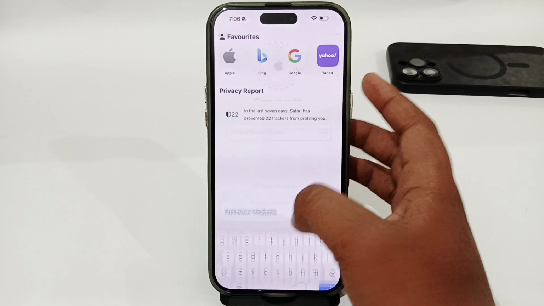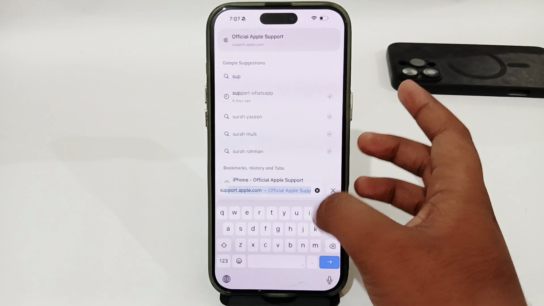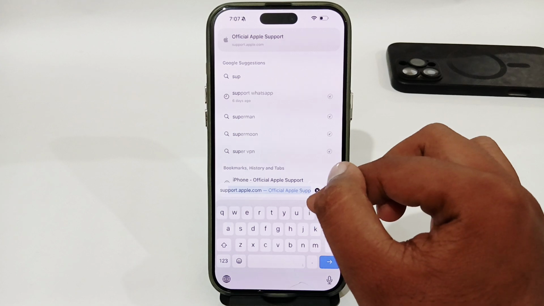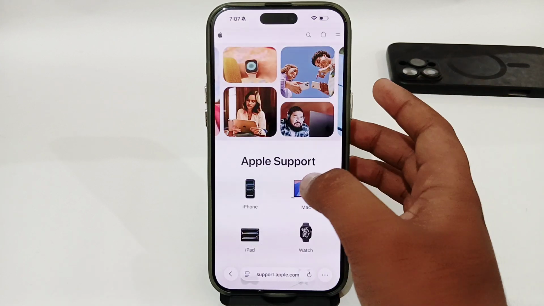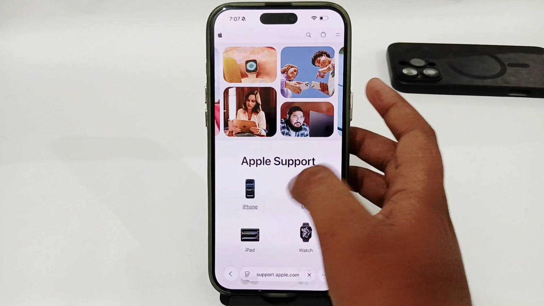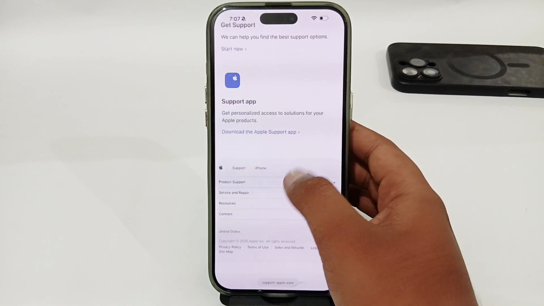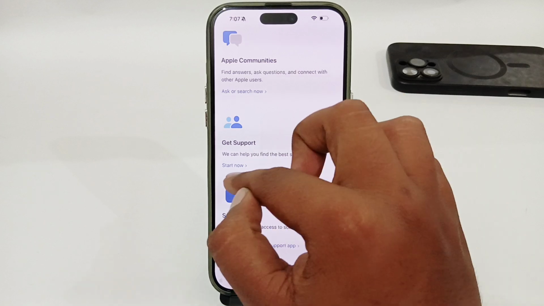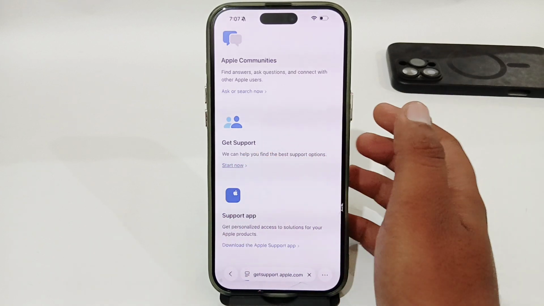Or if it doesn't help, you have to go to support.apple.com. Here's the website, or you can easily search for Apple support. Once there, tap on this iPhone option here, or you can select your device from here, and here you just have to scroll down and look for the get support option. It's start now. You have to tap on the start now option,